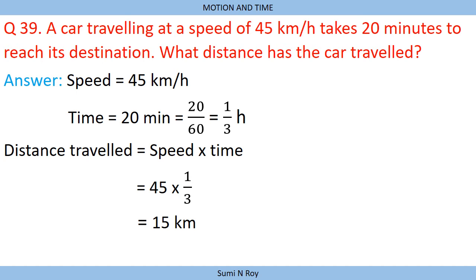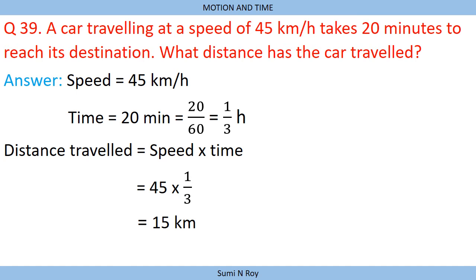So again here you can see, students, that the speed is given in kilometer per hour and the time is given in minutes. So firstly we have to change this minute into hour. We know that the time is 20 minutes, and to convert minutes into hours we have to divide by 60. So 20 divided by 60 is 1 by 3